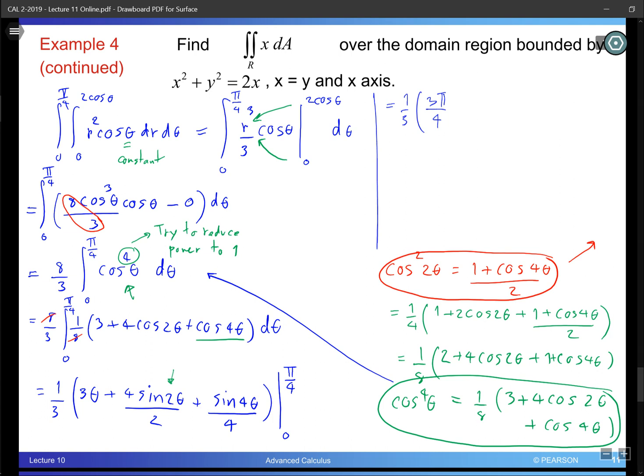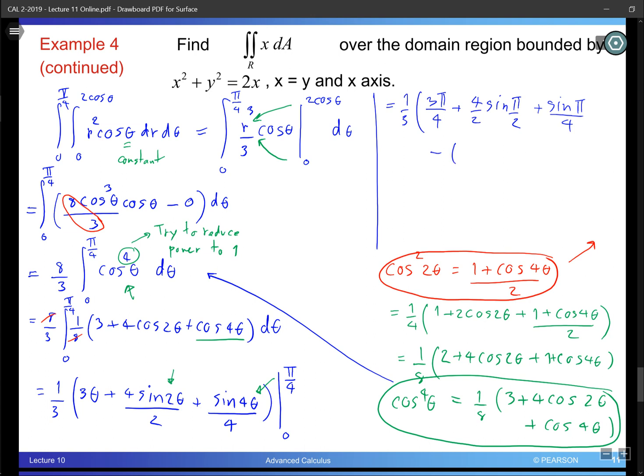So we get plus 4 over 2 sine pi over 2. Okay, and pi over 4 comes in here, goes in here. This becomes pi. So we have this plus sine pi, all right, over 4. Now minus,